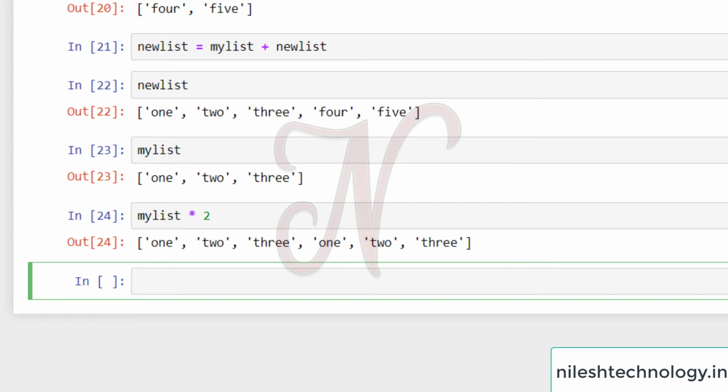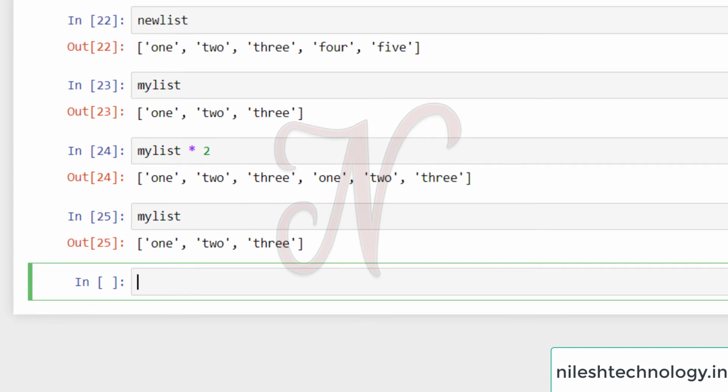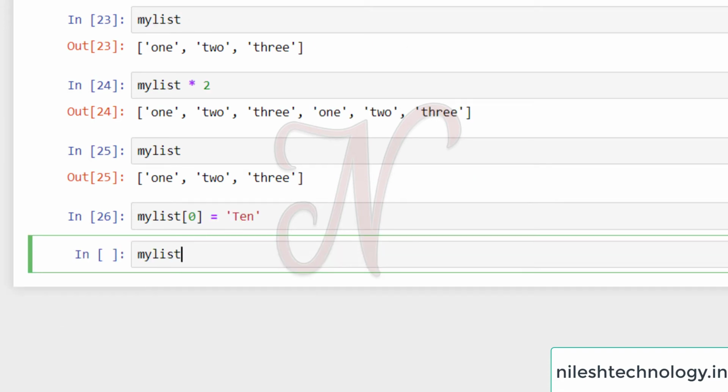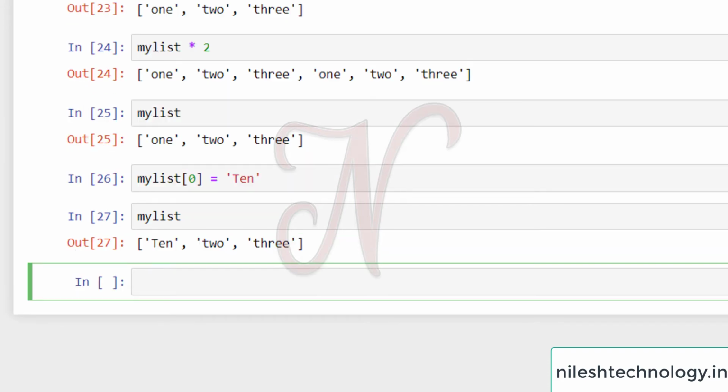Next one, this is my original my_list. If you try to assign a new value to the 0th index, see here, 0 equal to 10. After running this code, see here the output: 10, 2, 3.